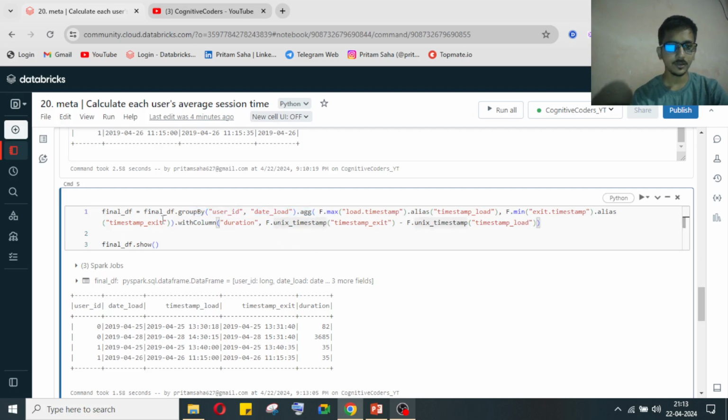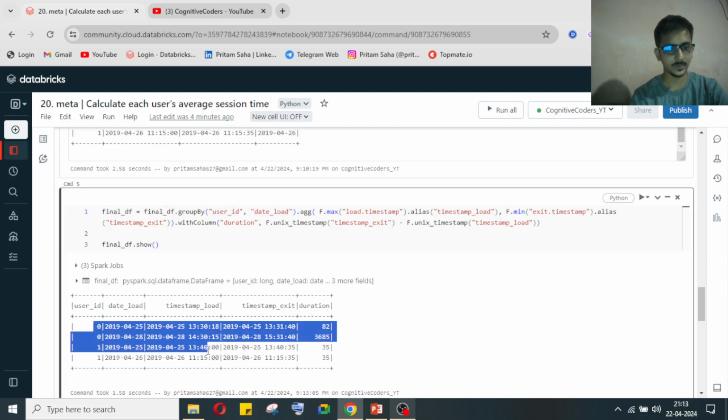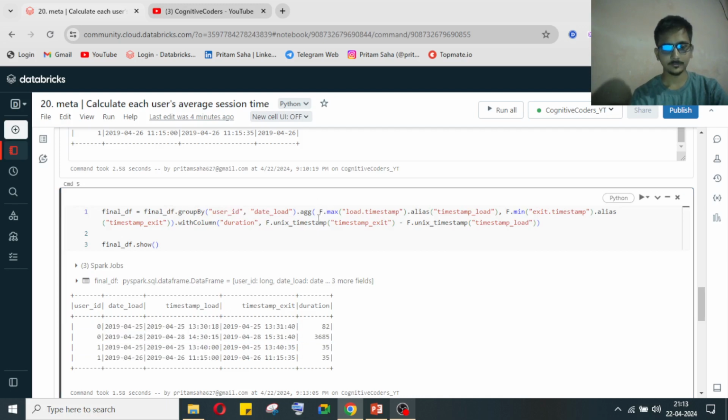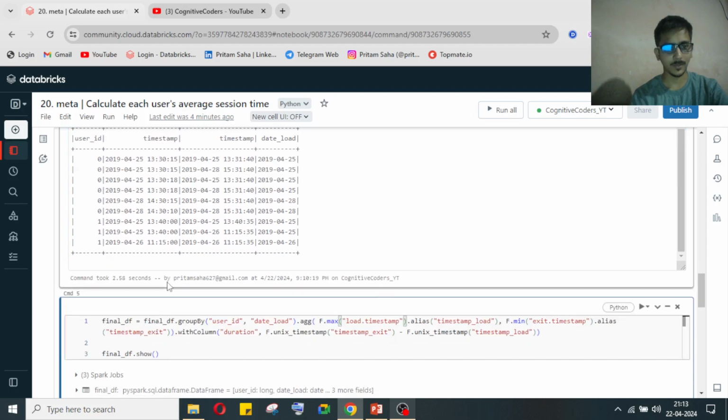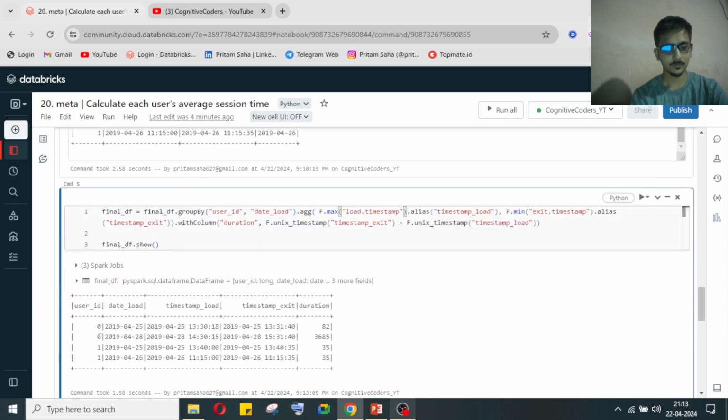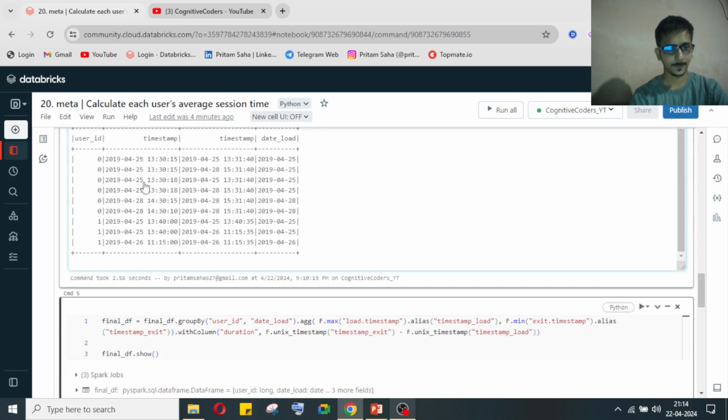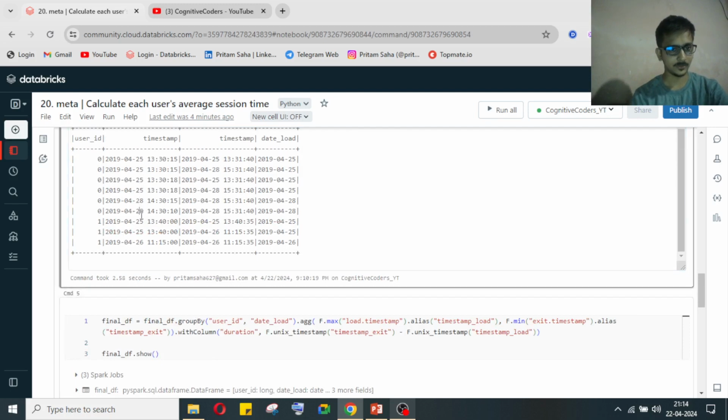Here, I'm using the group by operation on user ID and after that the date load. Based on that I'm grouping the data. After that, I'm taking the maximum load timestamp, whatever timestamp I got from there, for each and every user ID. So for the 25th and 28th we have the date,